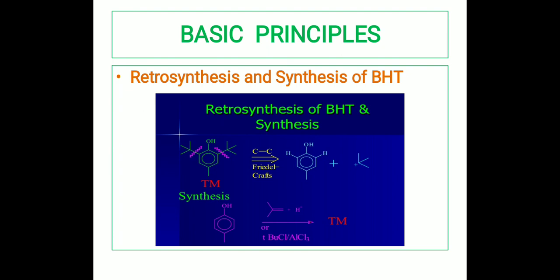Okay, so these are the three examples for today: benzocaine, Hawthorn perfume and BHT. We studied the retrosynthesis and also the synthesis for these compounds. Thank you very much. In my next slides, I will be teaching you about one group C-X disconnection and two group C-X disconnection and so on. Thank you very much.